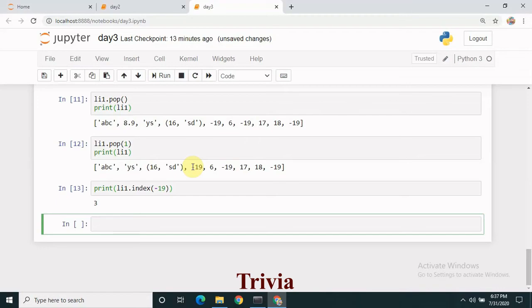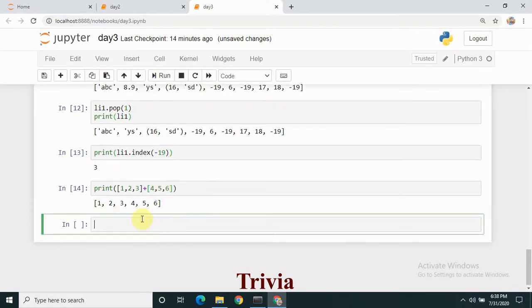Some trivia before we wind up, but these are applicable to both lists and tuples. Notice what happens if we use the plus operation between two lists. Same thing between two tuples also. It appends.